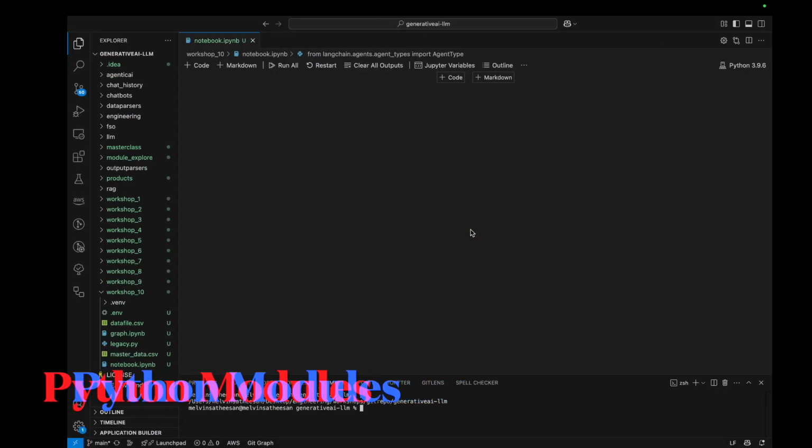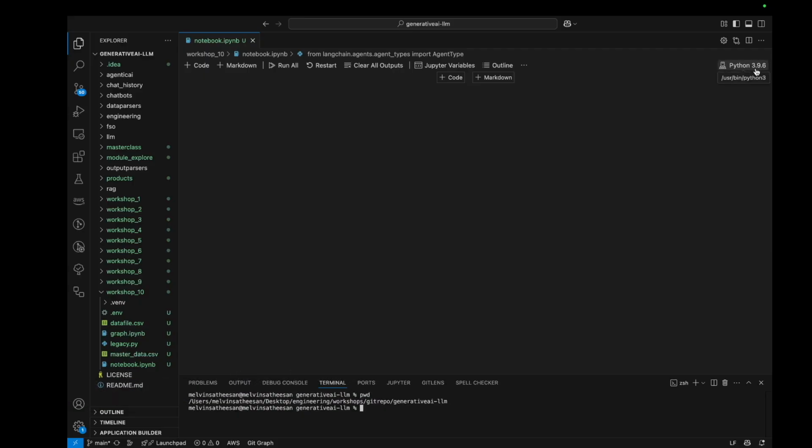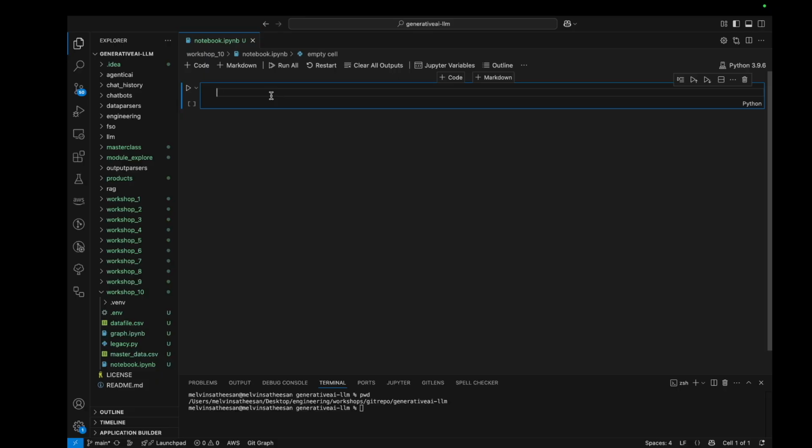First, we have to open a Python notebook. In that, we are using the 3.9.6 kernel. Let's open a cell and import the necessary Python modules from LangChain